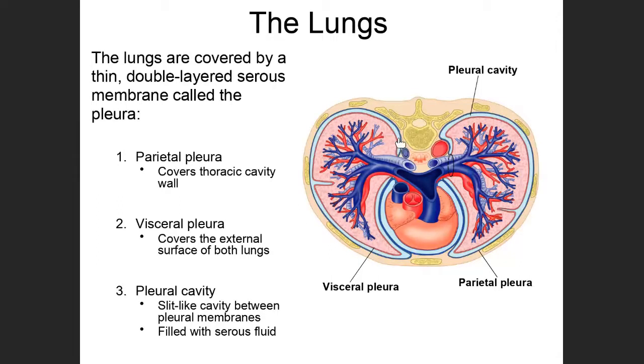In between those two layers of the membrane, you'll notice that there is a light blue colored space, which I'm running my pointer across now. This particular area is what's known as the pleural cavity. And really it's just a slit-like cavity between those two membranes. It's filled with an oily lubricating fluid, which is known as serous fluid. So the pleural cavity and the serous fluid that is located within it is really important to reducing friction in